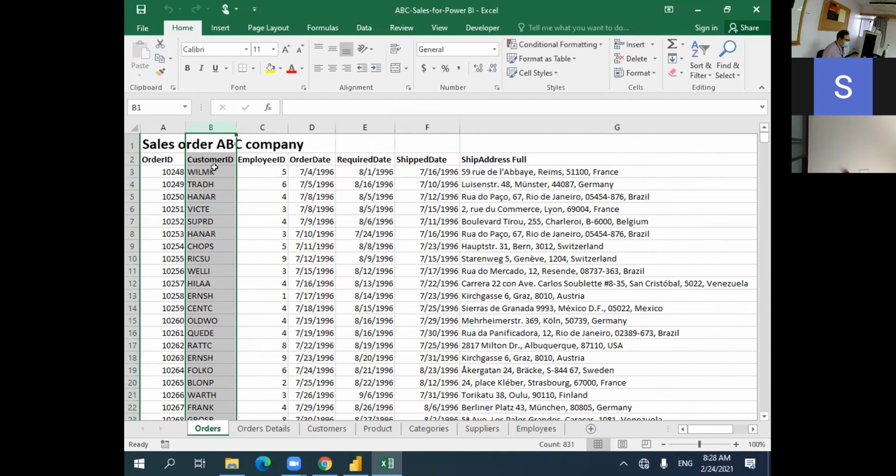That might be an abbreviation of their company names or whatever. We will see it in detail next. Employee ID here: from this information, this number should be the employee ID of ABC Company who is responsible for a specific order. Each order is handled by a different employee ID, but we don't know who they are because it's just a number here, so I assume that the employee name or other information